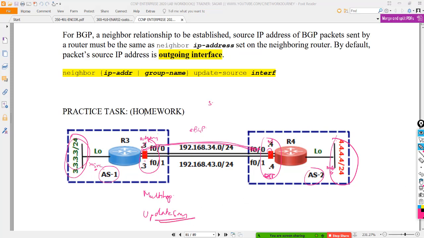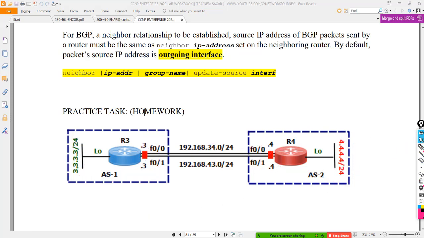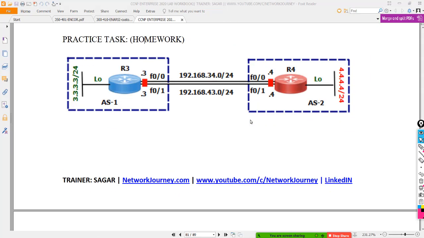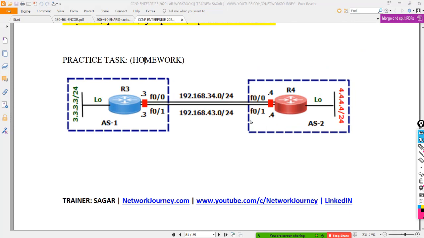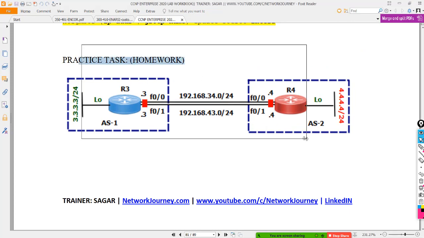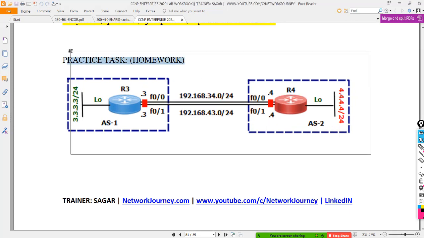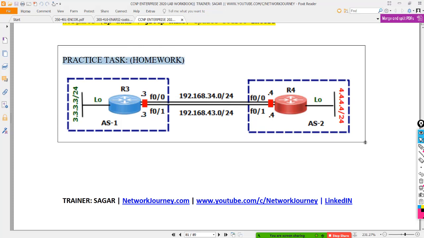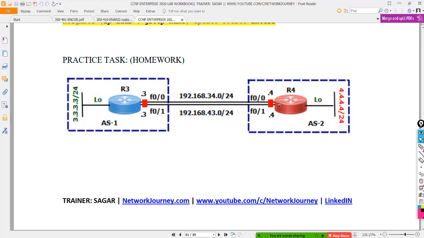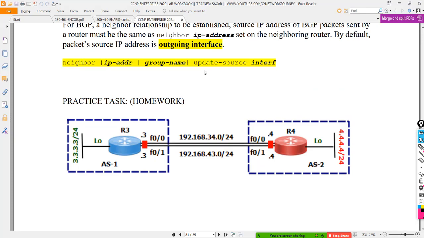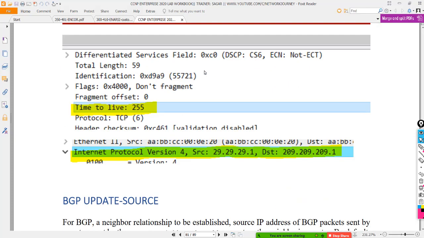That will help you think through these scenarios and practice. But don't worry, answers will be provided to you over on WhatsApp. I'll also give you the CLI commands on WhatsApp so that you can refer back. I want you to practice and think about it, and for reference I'll give you the solutions on WhatsApp.